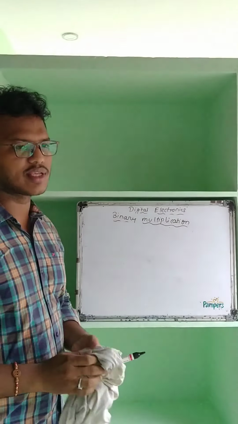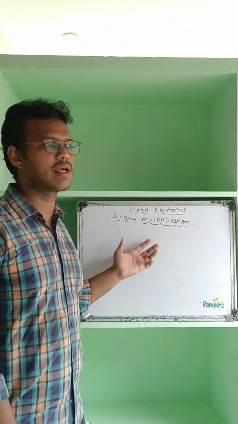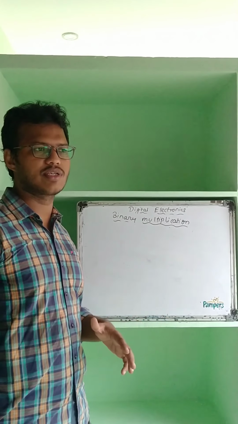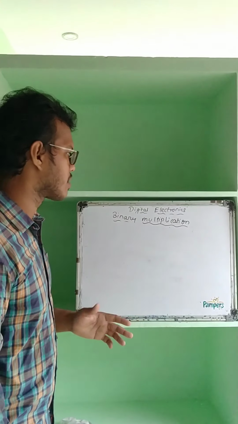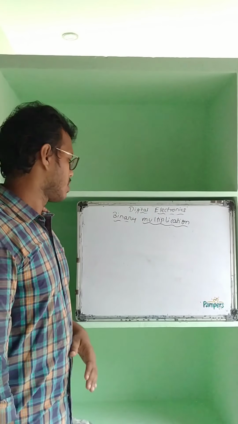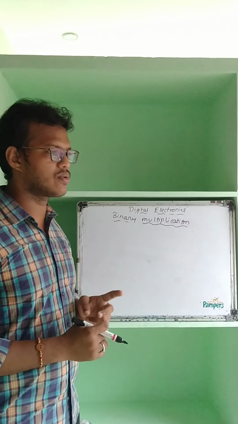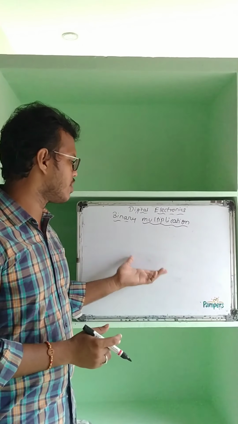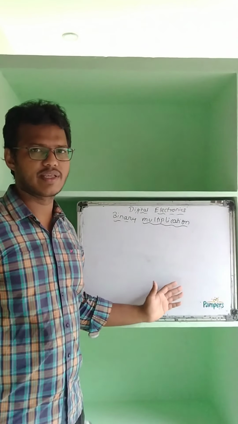So no need to do all this procedure. I'm explaining how binary addition, binary subtraction and binary multiplication happen. So this is how it is happening. First you have to think we have to solve it in a simple method. No need to do all the procedure in the exam.